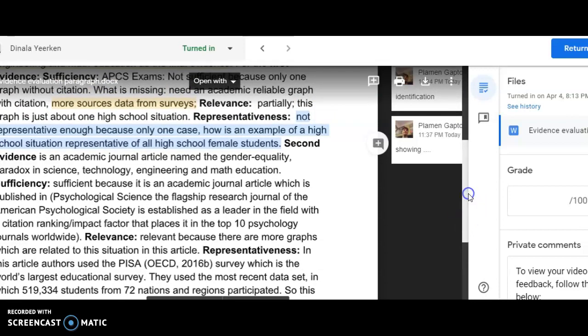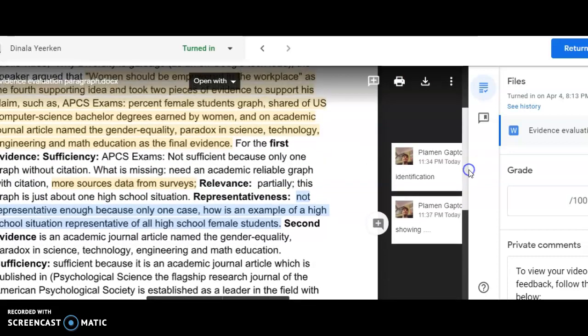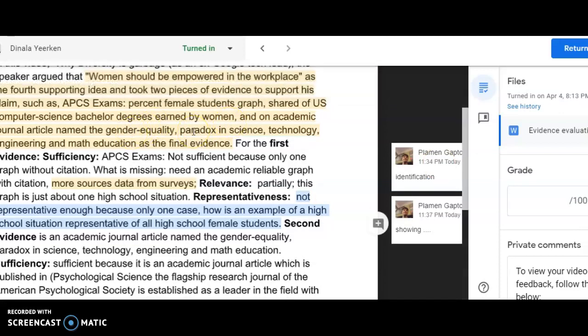Again, here, another strategy would be, instead of examining a lot of pieces of evidence, make the supporting idea narrow enough so that you can examine only one or two pieces of evidence. You see, that's going to be much easier. If you narrow down the supporting idea, then you will narrow down the evidence used by the speaker. The larger the supporting idea, the more evidence the speaker uses, and the more difficult it is for you to write a paragraph. So that's, I think, a very good strategy.